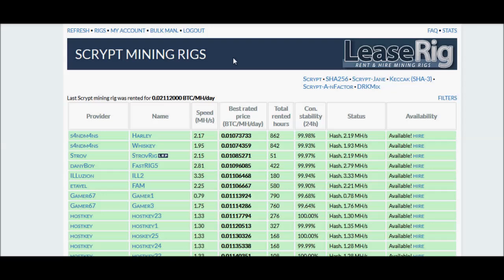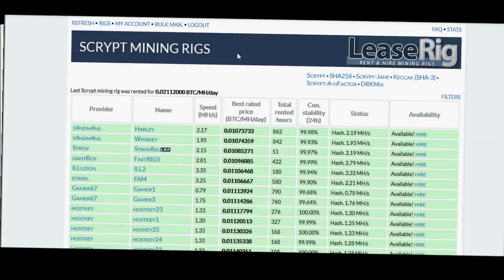Maybe you heard about a new coin that's coming out, but you don't have a rig. Set up a pool, come over here, and start mining, and then you can make a big profit when that coin goes up in value. leaserig.net